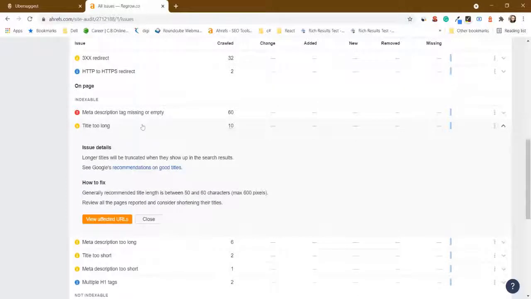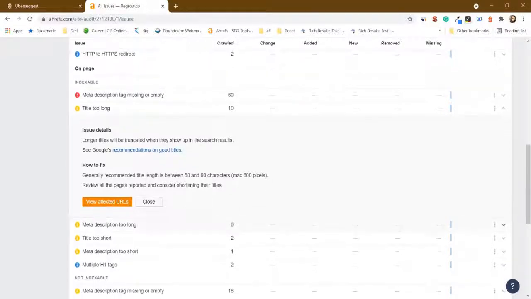In the same way, the title is too long, so there is a recommendation as to how many characters your title should contain, that is 50 to 60. Make sure that your titles are properly optimized. I just have to click on the view affected URLs button, and I will get all the pages where the title is too long.